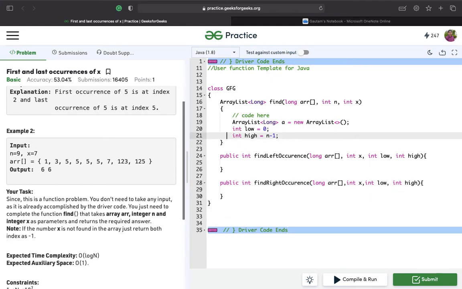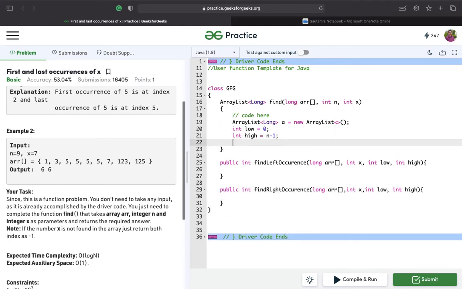Now I'll use a variable called left to get the left occurrence by calling find left occurrence, passing the parameters array, x, low, high.